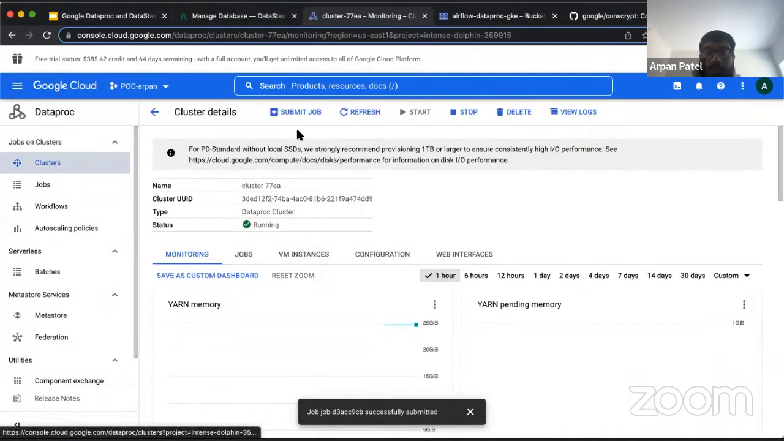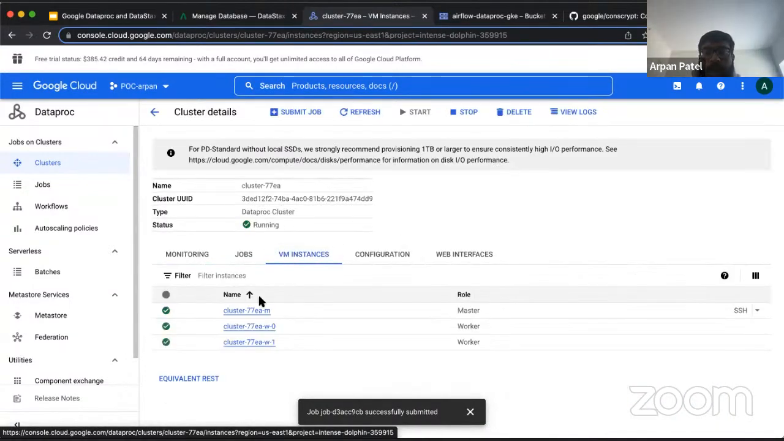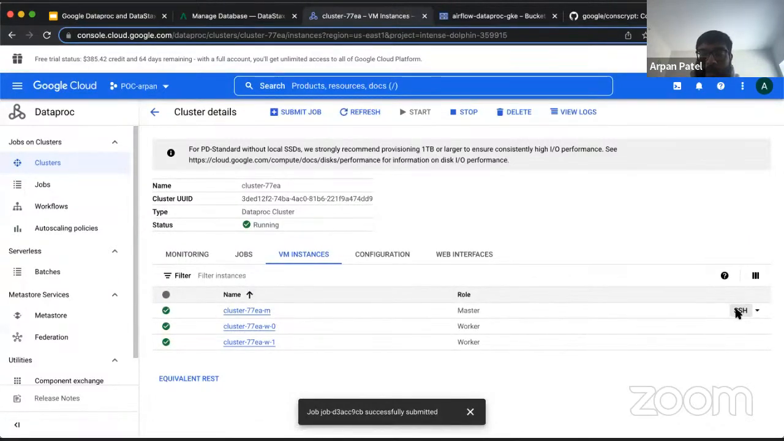But clicking on your cluster and clicking on the individual cluster, if you go into VM instances, and then if you want to go into a worker node or specifically the master, you just need to hover over which one you want to go into. So what I'm going to do here is I'm going to click on SSH here, and then that will bring